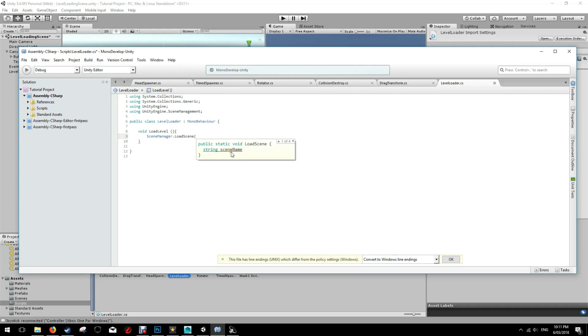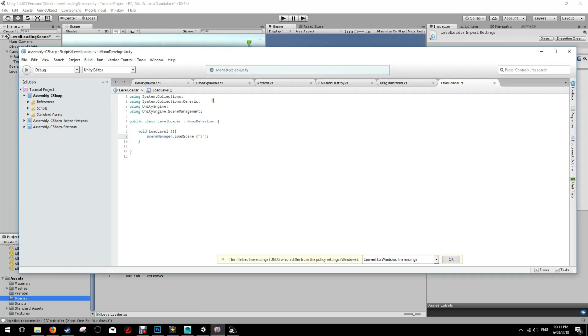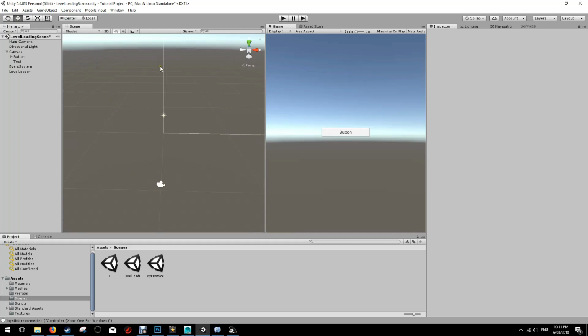You can either put a string for the scene name, or you can, it's not letting me do that, but you can also put an int that represents a number that is associated with the scene. So I could put 1, and that should work. Now, because I'm going to load scene 1, if you look here, I've called that number 1. It's called scene 1. That should load it, but it isn't going to work yet. We need to do a couple of things. We need to go to our